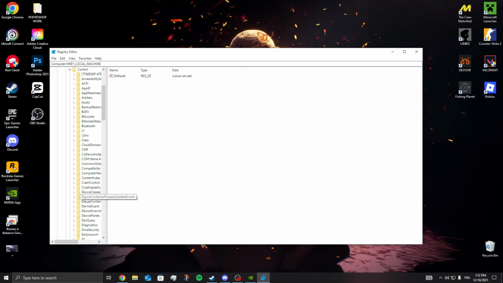Then you need to go to CurrentControlSet. Then you need to go to Control, and on Control, you need to go to DeviceGuard. We need to look for DeviceGuard here. Expand this option. Then you need to go to Scenarios, and then here you should see Credential Guard or